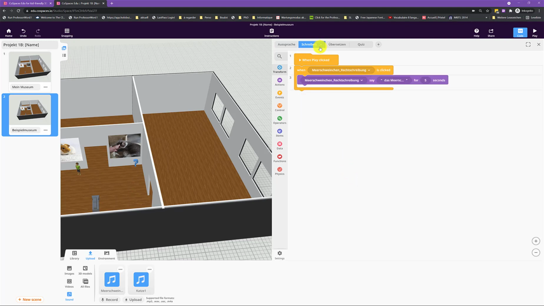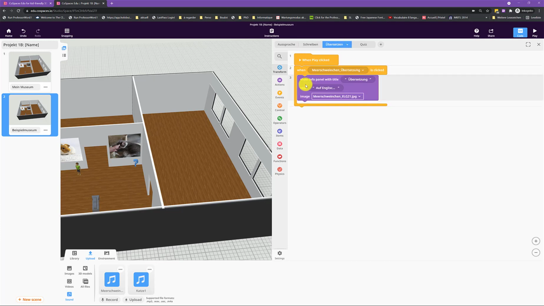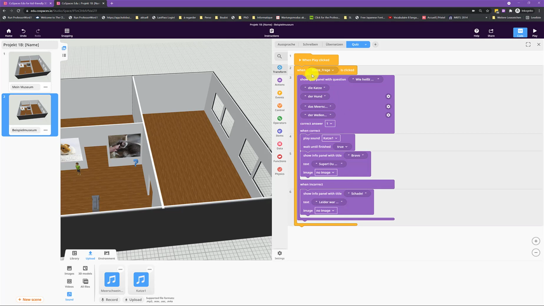If you want spelling, you say when that object, so the laptop, is clicked, the object is supposed to say the word, so show you the spelling of the word for 5 seconds. For translation, you can show, for example, an info panel once that person is clicked. And for the quiz, you say that when this little question mark is clicked,